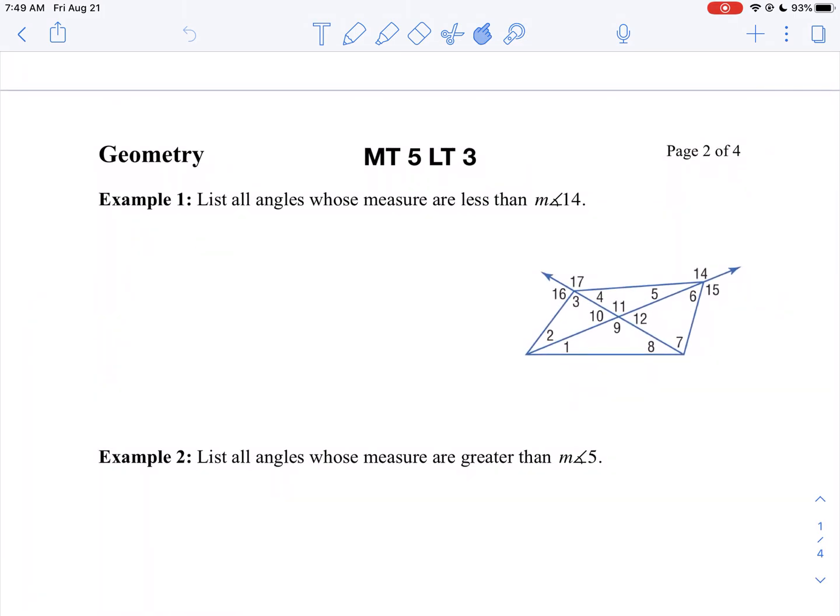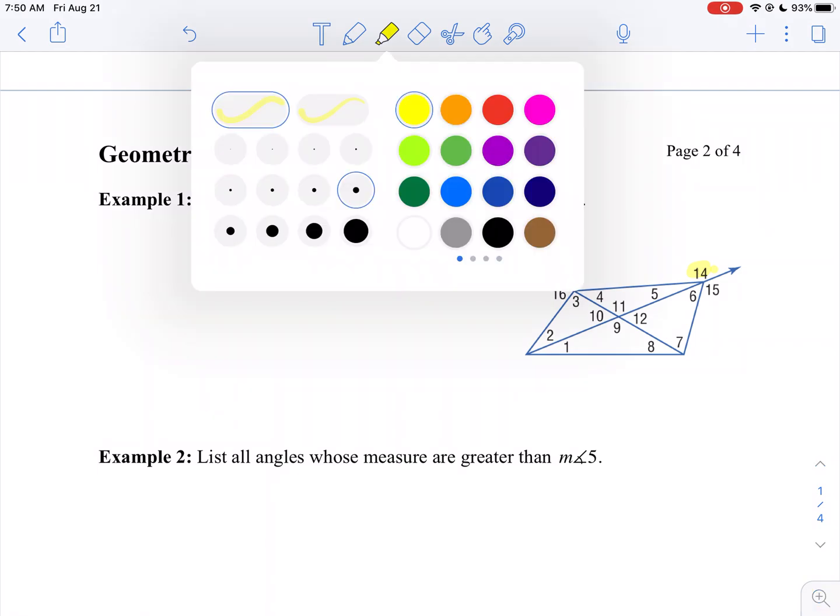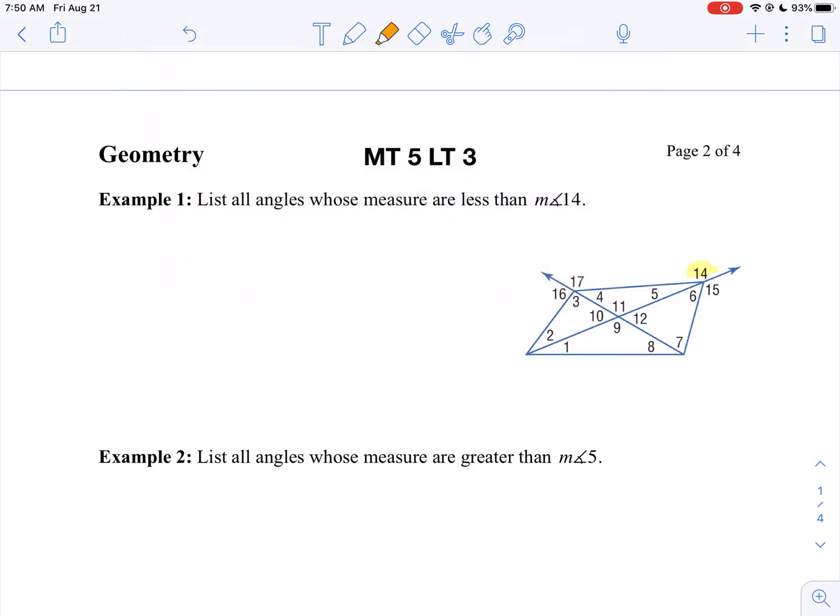On example 1, I want to list all the angles that are less than angle 14. Well, here's angle 14. Angle 14 is an exterior angle of a triangle because we can see that line's been extended. So that means angle 14 is greater than angle 4 or 11, because 4 plus 11 make 14. So I'm going to say, okay, angle 4